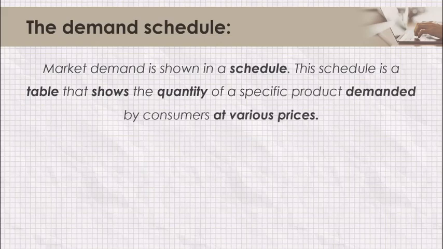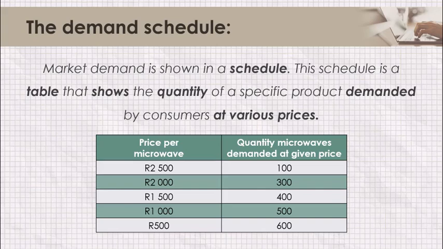This schedule is a table that shows the quantity of a specific product that is demanded by consumers at various different prices. So they ask the public, if we charge certain amounts for a product, how many products would you be willing to buy? For example, this is for a company that sells microwaves. They have all of the various prices in this column,